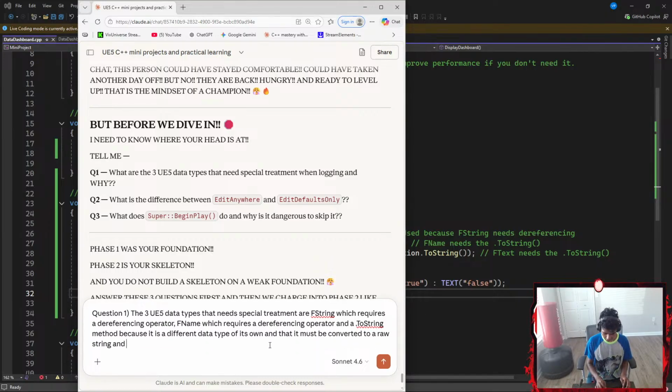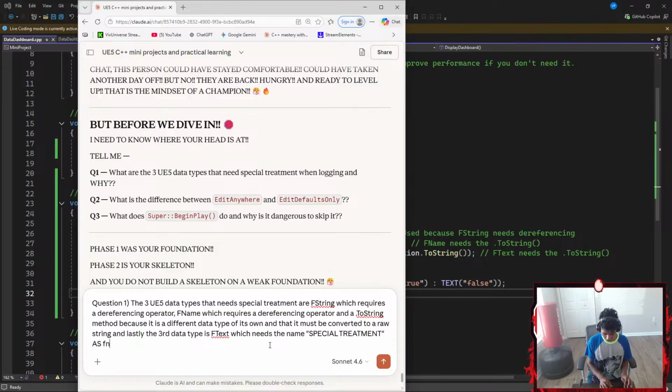And lastly, the third data type is FText, which needs the same special treatment as FName.